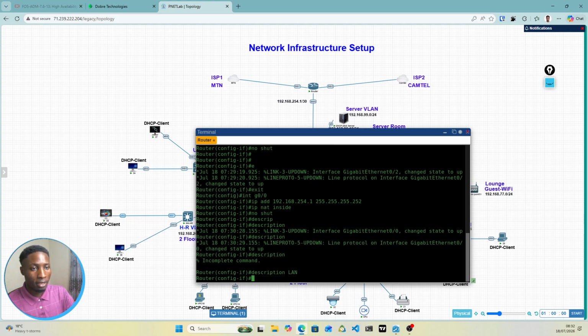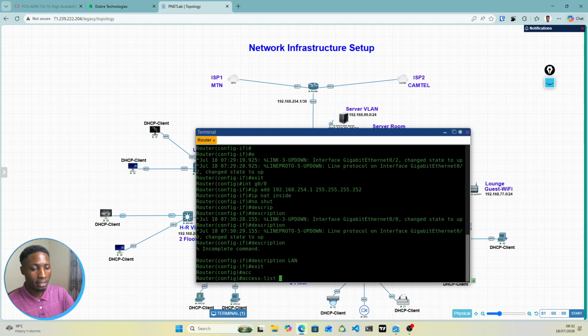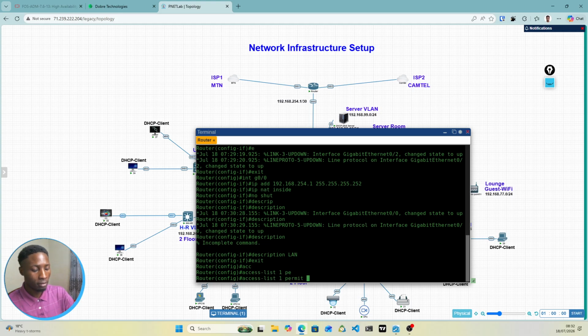So having that been done, I'll take exit here. So having created our interfaces and actually set up NAT inside and outside, we'll create an access list. We'll say access list 1, and we are going to say permit whatever network traffic that begins with 192.168.0.0. Instead of the subnet mask, we are going to put the wildcard, because access list works with the wildcard,